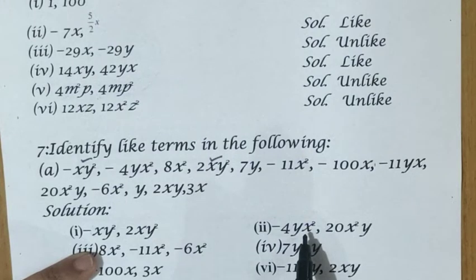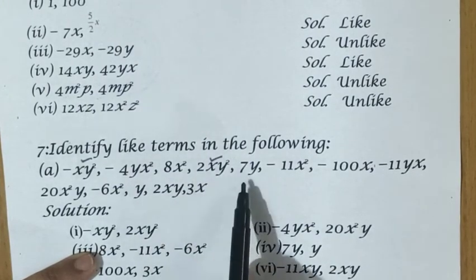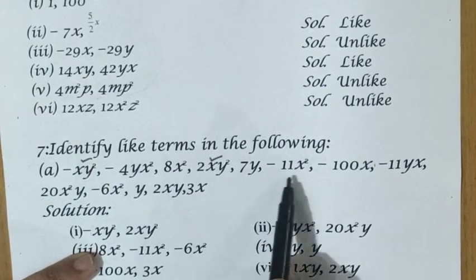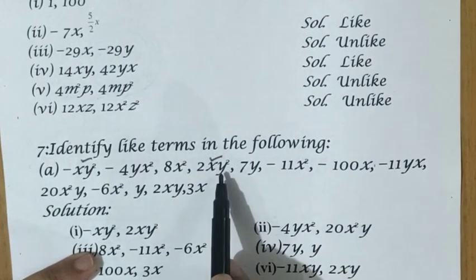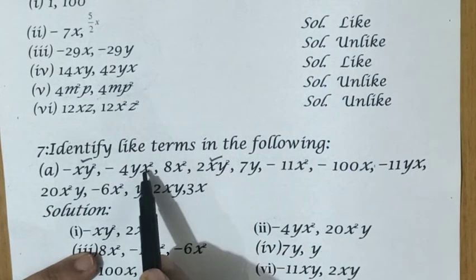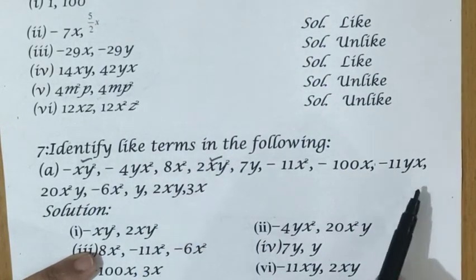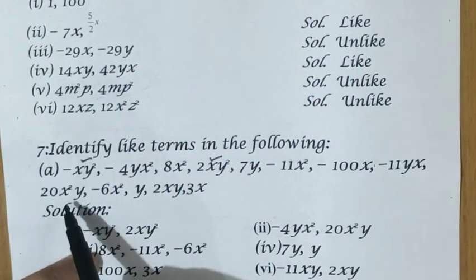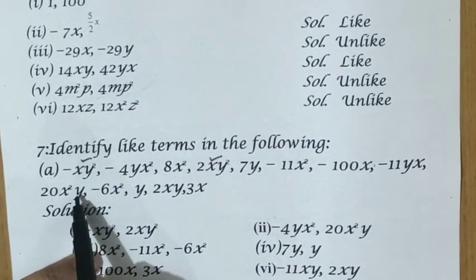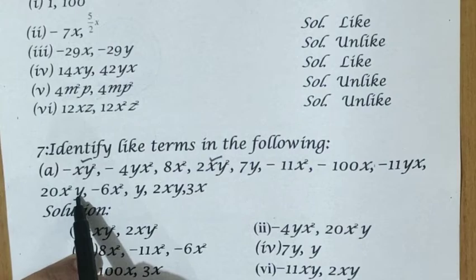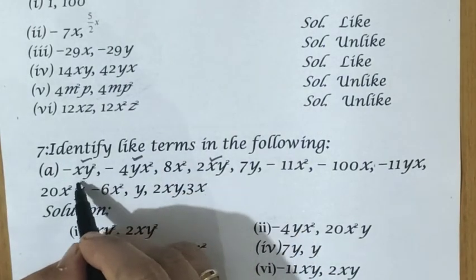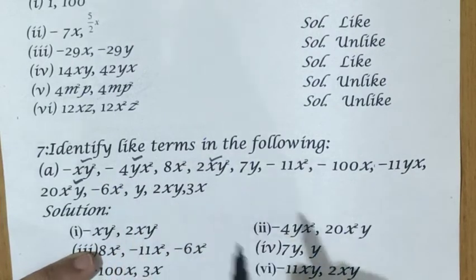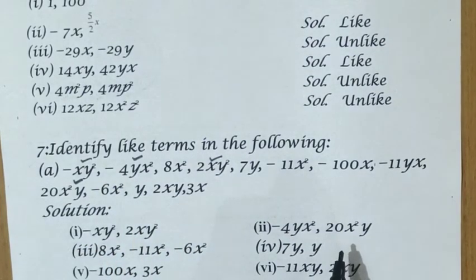Let us see, y power is coming 1, where here also y is coming but no x. Again y is coming, x is also coming, but here we are checking y power is 2. Sorry, y power is 1, x power is 2. So here x power is 1, so it's not coming. Here you check 20x square y, power of y is 1 and power of x is 2. So see these two terms, again we can see that minus 4yx square and 20x square y are the same, right? Now what is the next term?